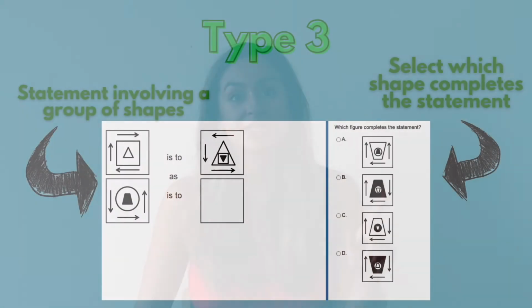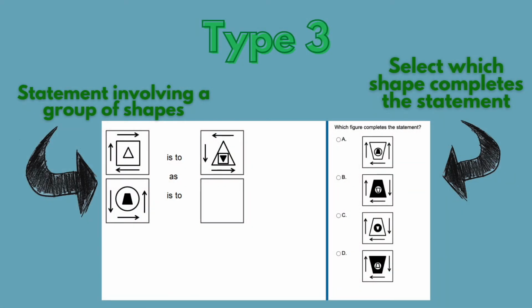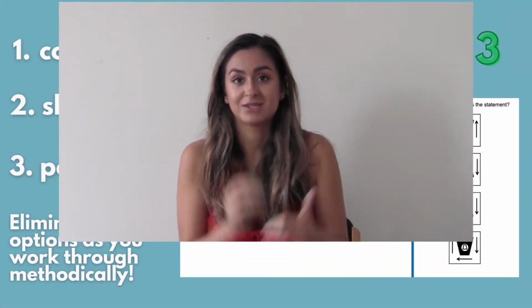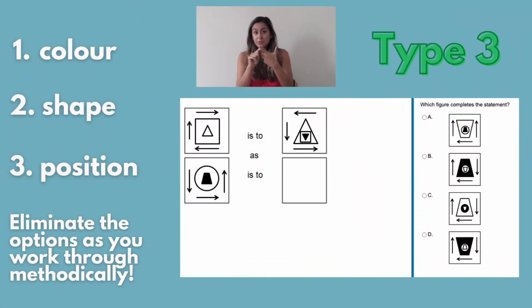Now, question type 3 is where you have a statement which links 2 images together, and then you're left with one statement half finished and you must select the matching answer. So with this one, all the answers are contained within a row. And what we recommend is focusing on 3 things: colour, shape and position. The thing is, because they're quite closely matched and linked, the answers might be very similar.